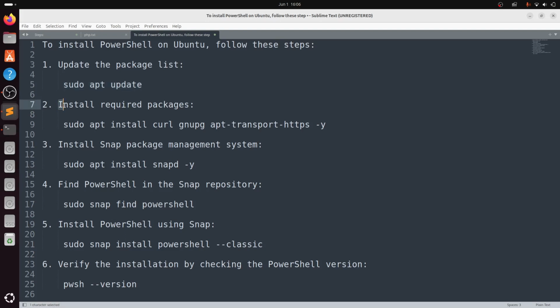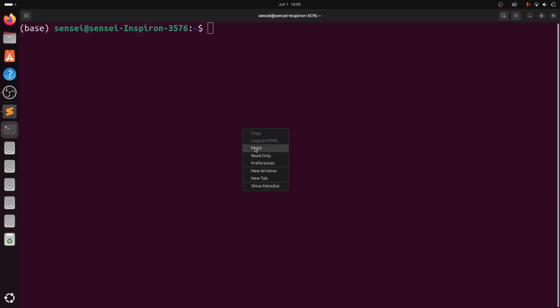Second step, you need to install the required packages called gnupg and apt-transport-https. Type this to install both packages: sudo apt install curl gnupg and